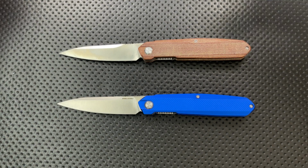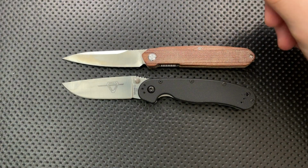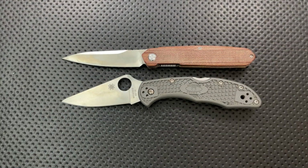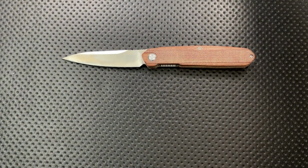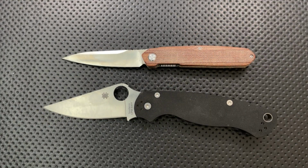check this out. Next, let's do some size comparison, and I'll just use one of them here. Here we have the Ontario RAT 2, and what we see is the blade length is a little longer, although the handle size is pretty similar. Here we have the Spyderco Delica. Again, similar handle size, but much longer blade length. Here we have the Spyderco PM2, which is about the same in blade length, but a markedly larger